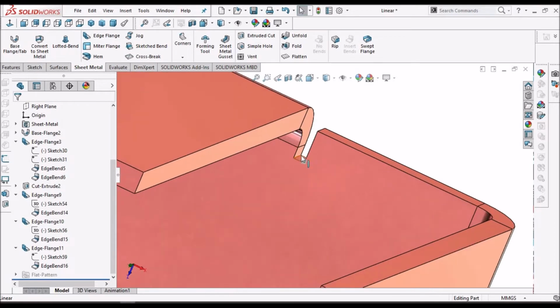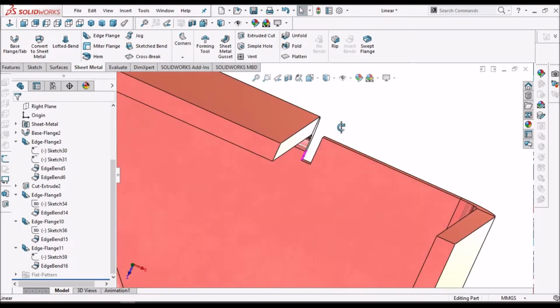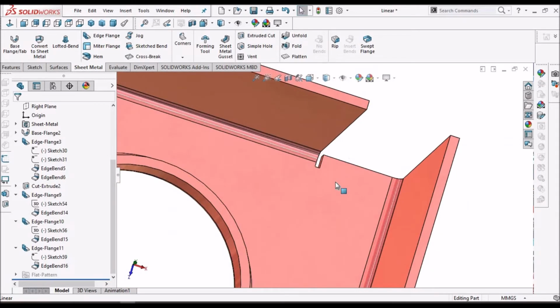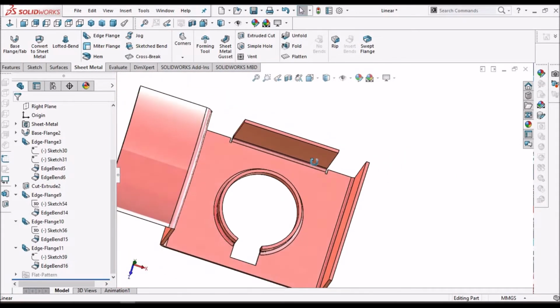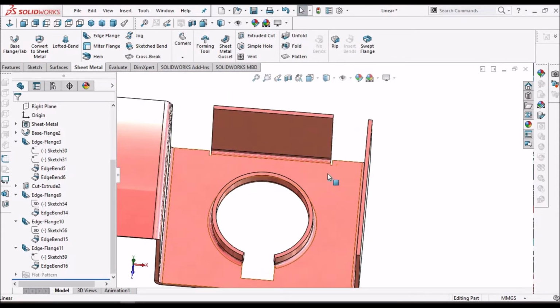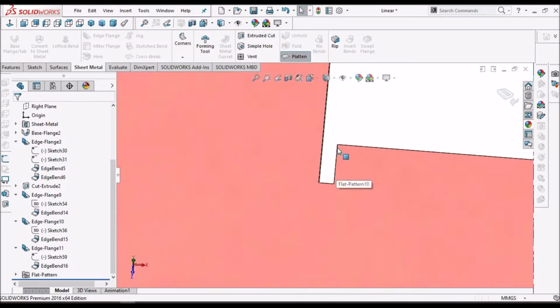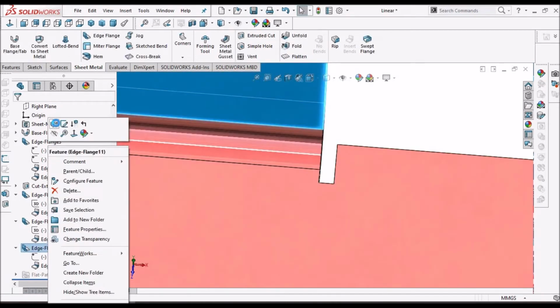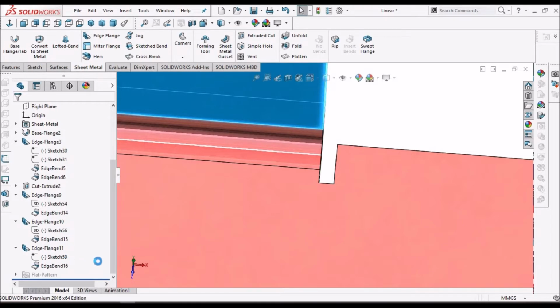So this relief is given when the sheet thickness is more. So when I flatten this sheet, see, this relief is done during the cutting operation. Now let me go to the oblong.